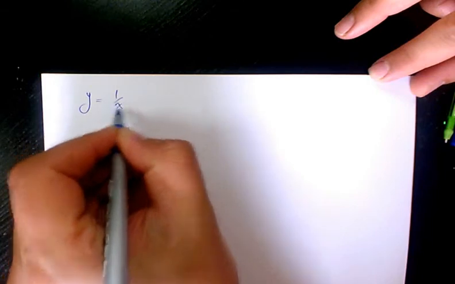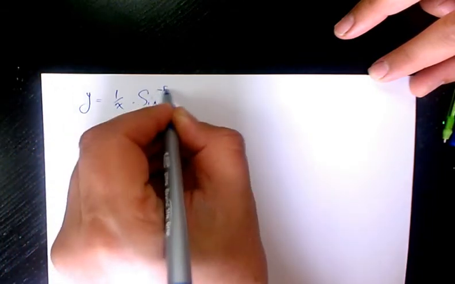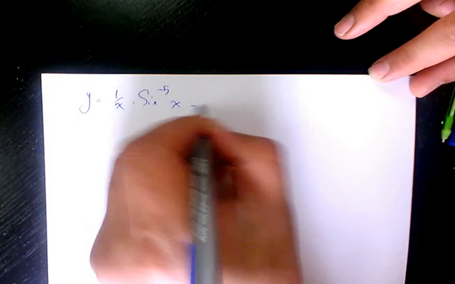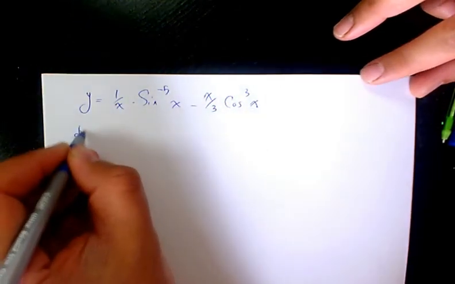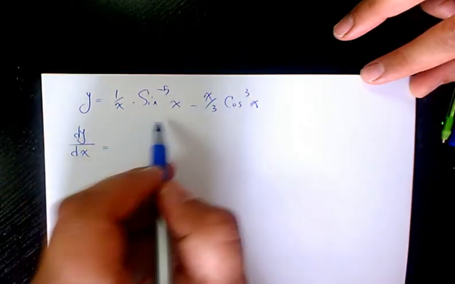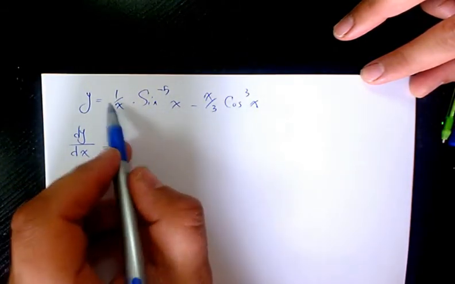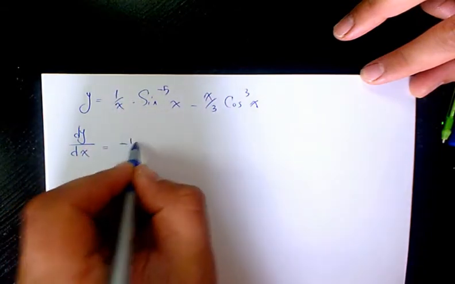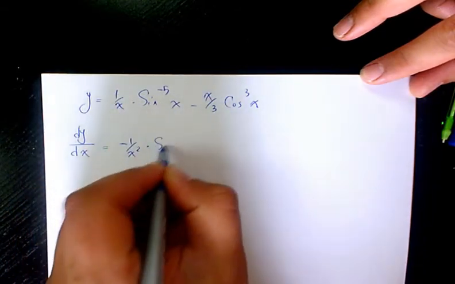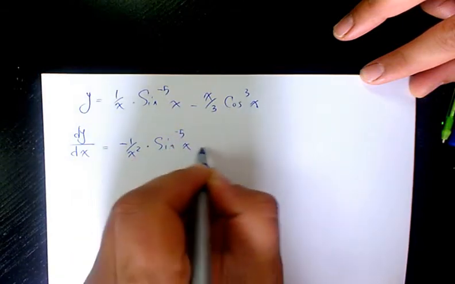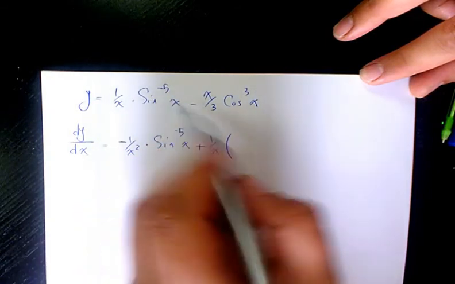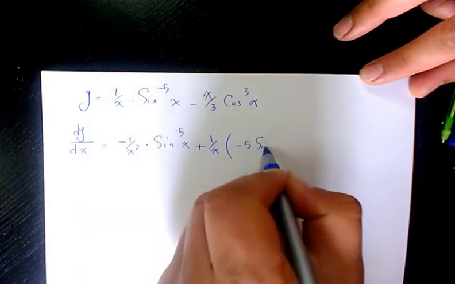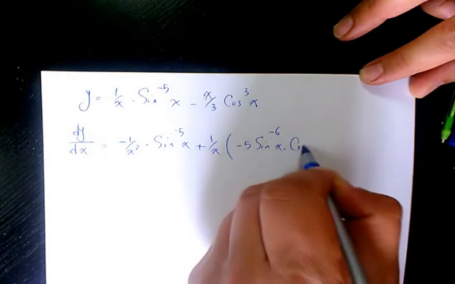Next one is going to be y equals 1 over x times sine to the power of negative 5x minus x over 3 times cosine to the power of 3x. So dy over dx will be, again we need to use the product rule here. Derivative of 1 over x is going to be negative 1 over x squared times sine to the power of negative 5x plus 1 over x times derivative of sine to the power of negative 5x, which is going to be negative 5 sine to the power of negative 6x times cosine x